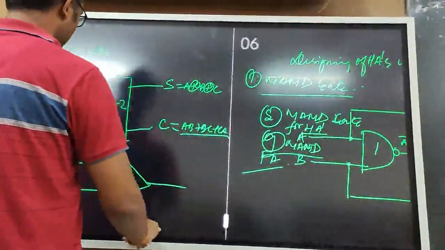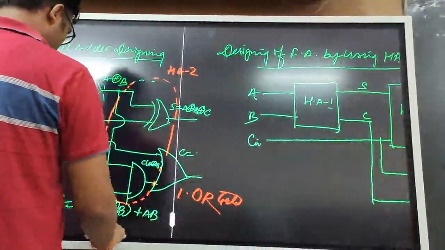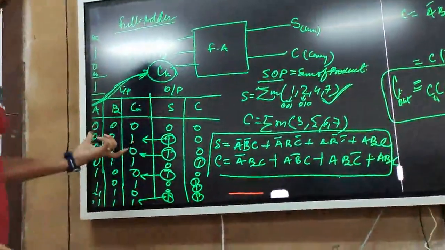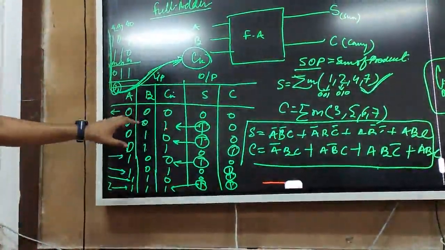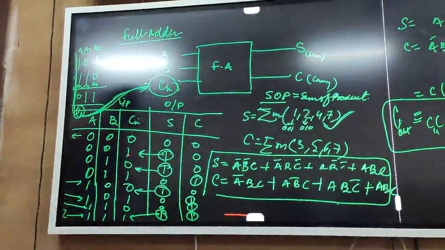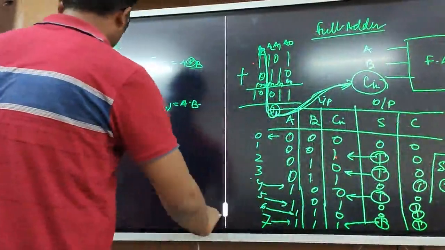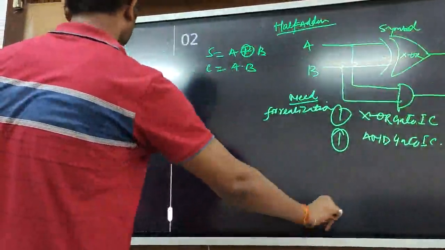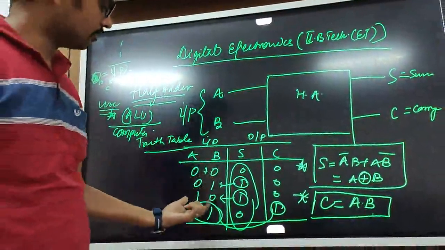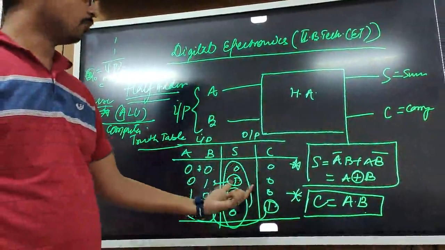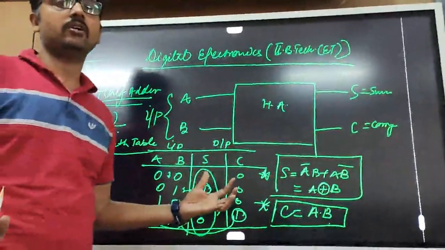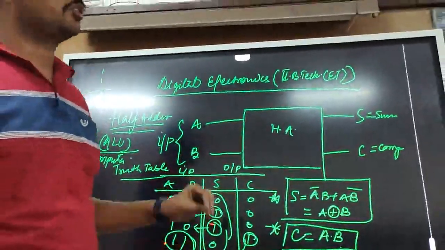You have to develop over a basic breadboard, and you have to test for its truth table, that whether this truth table is verifying or not. So in a case of full adder, you have to take these combinations and you have to check for its sum and carry form. And similarly, for the case of half adder, you have to check for this truth table, that at these 4 input combinations, whether the output is coming like this or not. So this will verify actually the functionality of the half adder and full adder, and this is the basic intention of this session. Thank you all.